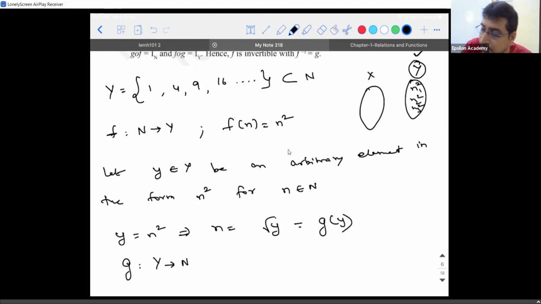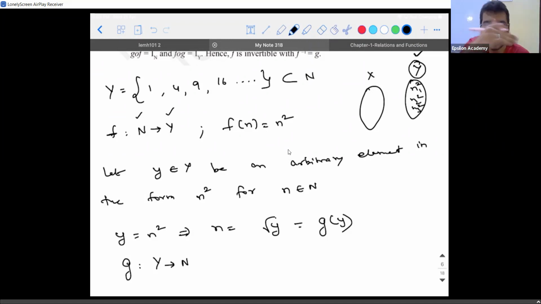Will this work? F is a function map from N to Y. G is a function map from capital Y to N. It means if I give the value of y as 1, will there be a pre-image existing? Yes, sir. What should be the next input I need to give for y? Can I give 2? No, sir. It should be 4. If I give 4, I will get 2, which is an element mapped in the natural number set.